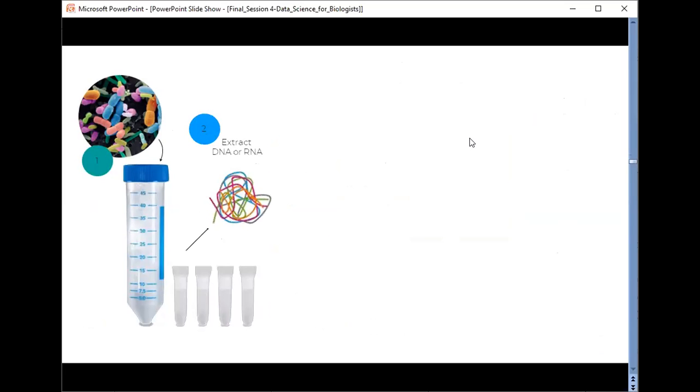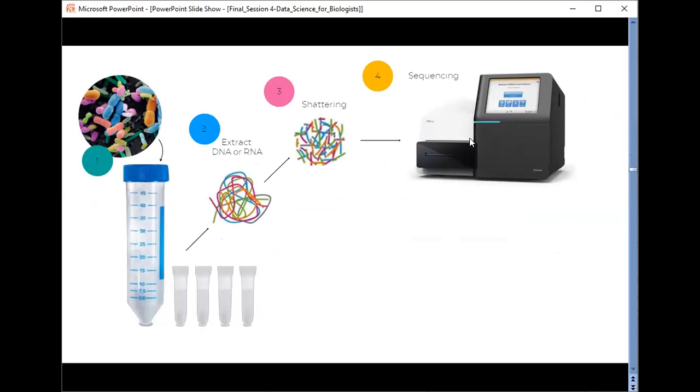So how does the metagenomic sequencing actually proceed? First of all, there is extraction of the DNA and the RNA. Then it is shattered into small pieces, and subsequently these sequences are read by the sequencers.